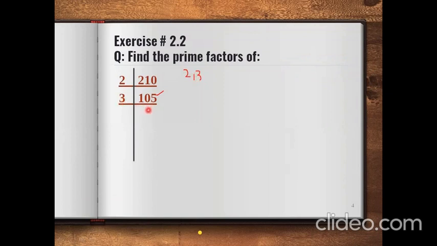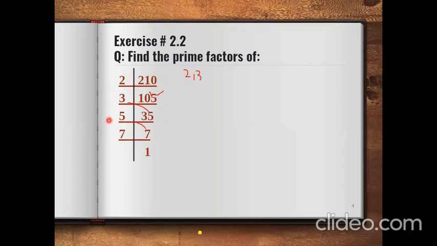Okay. Now 3 into 3 is 9. Okay, 3 into 10, we will take 10 first. 3 into 3 is 9, and then 1 will be carried to the next number. It will become 15, so 3 into 5 will become 15. Then you have 35, and 35 can be divided by 5, so you will simply write 5 into 7 is 35, and this 7 can only be divided by 7, so you will simply write 7 into 1 is 7.